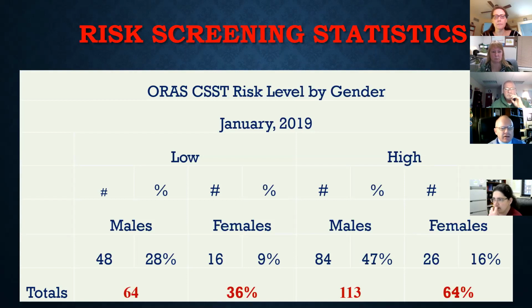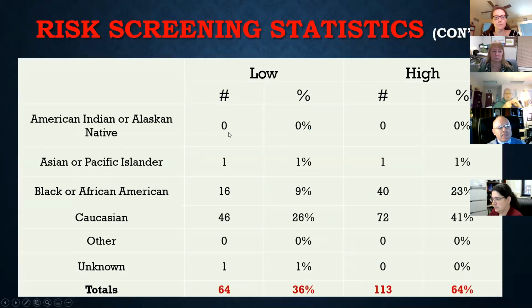This is just one month, January 2019. And usually each year I'll update these. Last year being a COVID year, our data is going to be a little bit different in terms of the numbers that we've collected, but we'll still be sharing those. So you look at the males compared to females, and low and high. Again, with the Ohio Risk Assessment, with the intake screening tool, it only reveals a low or high score. Okay, but you can see this is the gender, and then this is the